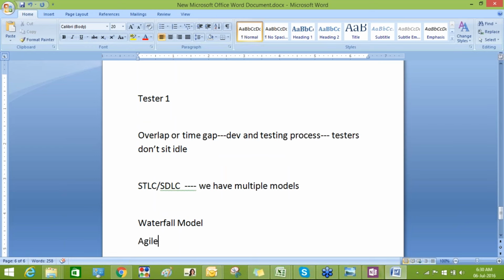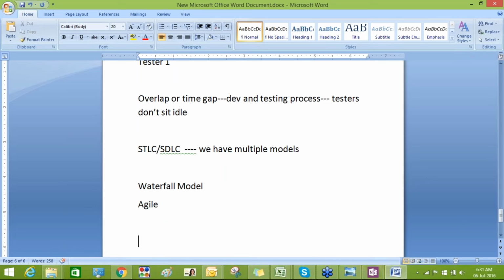So these multiple models will define how you develop a project or how you do your testing activities. Okay, so agile is one such model. What agile actually does is, instead of doing the entire work at one time, it will break the master requirement into small bits and pieces, so that it will be done in a linear way, in the sense